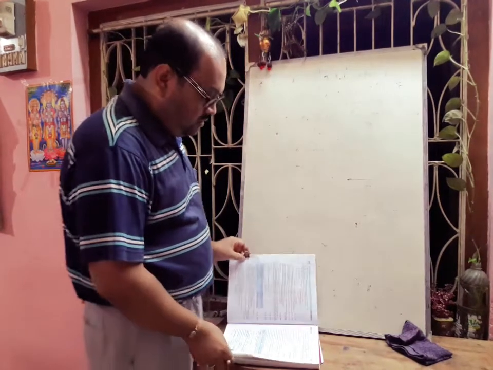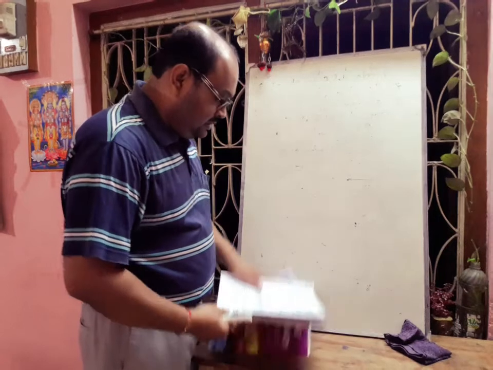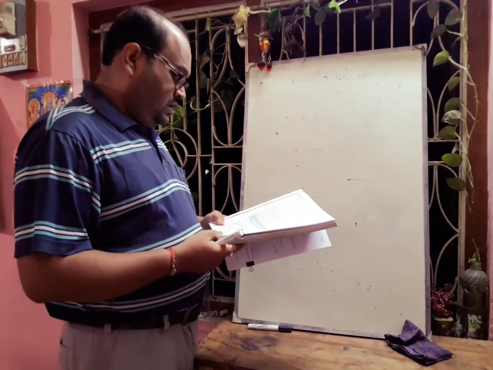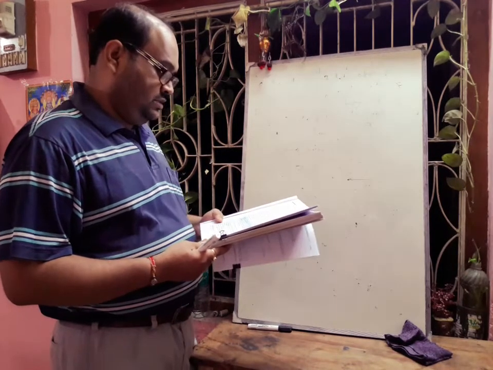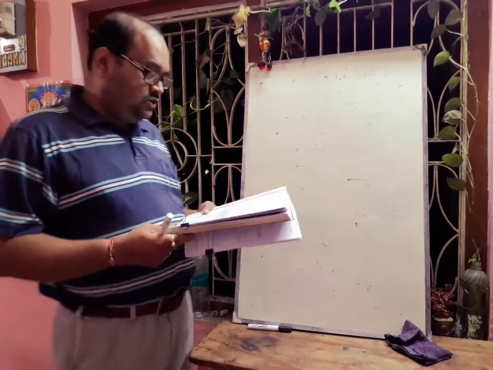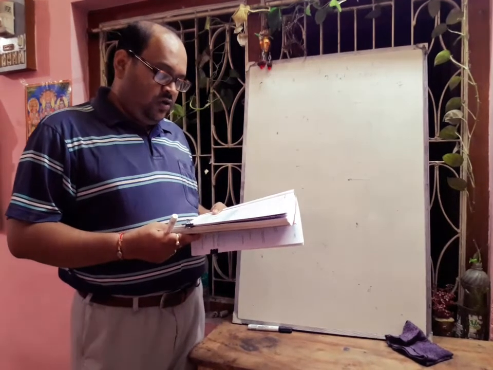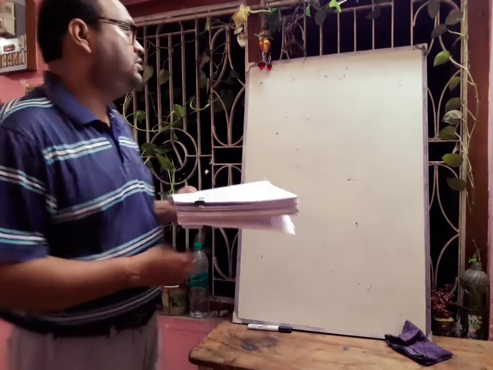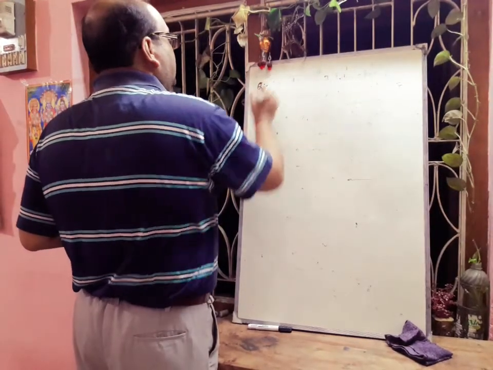Next we will go to another chapter, the second chapter, the chemical bonding chapter. Today I am discussing the 2017 year's problems. The first question is given: choose the correct answer from the options given below. Which of the following is a common characteristic of a covalent bond? It is an MCQ type question.